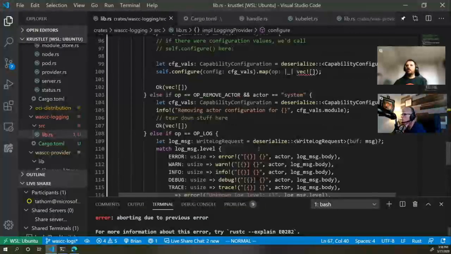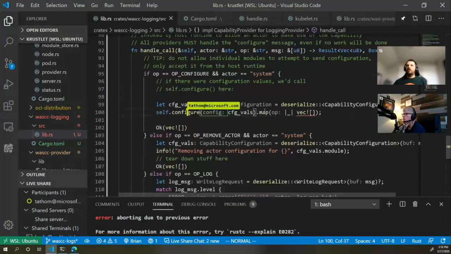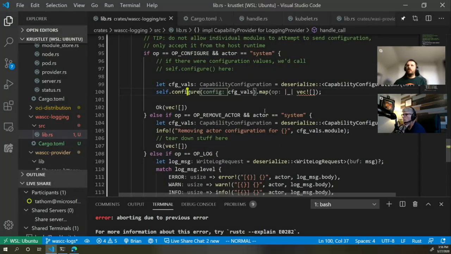Oh, I don't think we need the map. We have a result, so we should do a question mark there. Question mark? Yeah. Well, let's see, because it returns evacuate, which is what